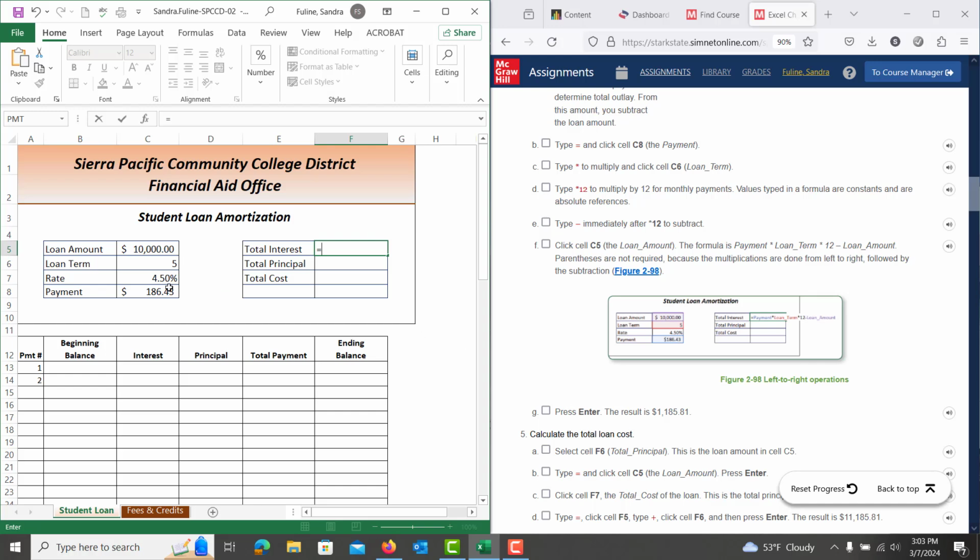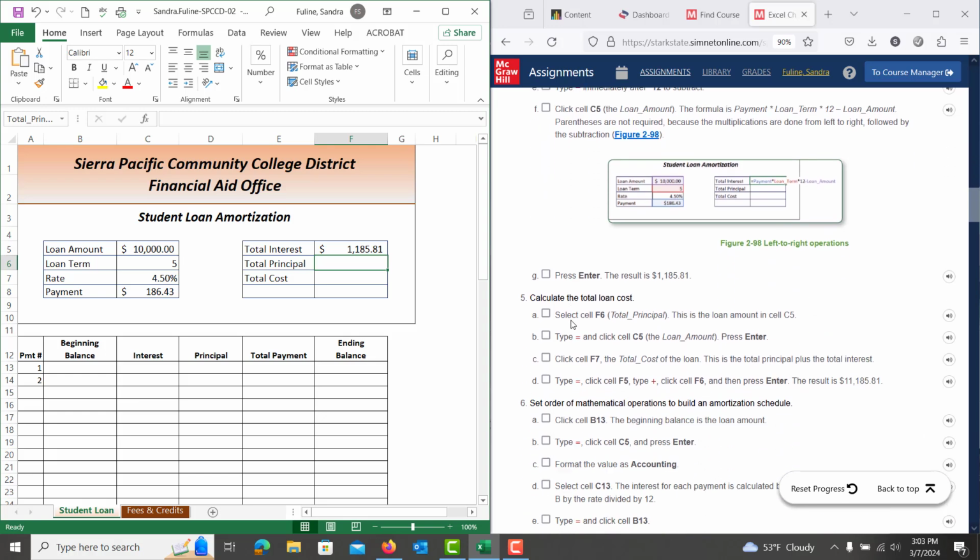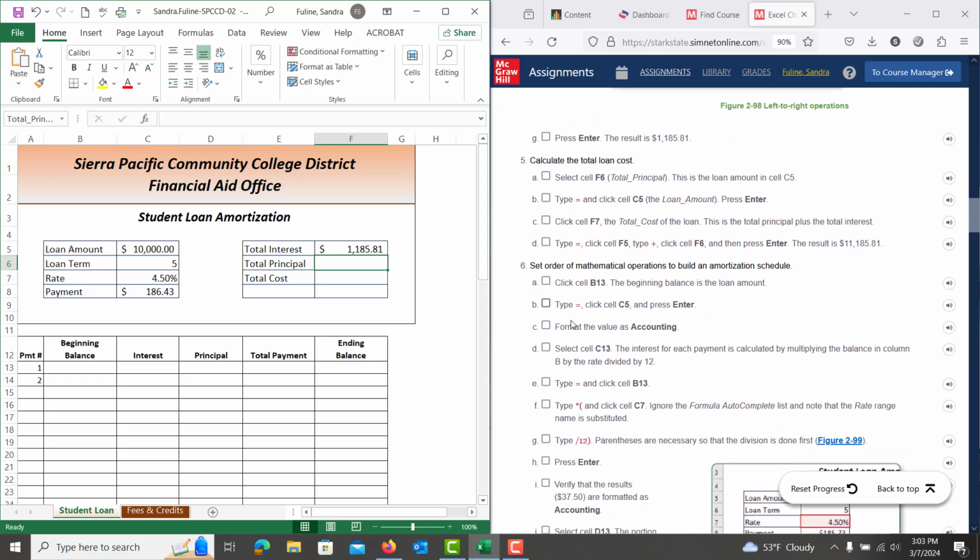We're going to click on Payment, so we're clicking on C8, multiplied by loan term, which is cell C6, multiplied by 12 minus, and then we're going to go loan amount, so C5. We're going to go ahead and hit enter. You'll have the total interest there. That lines up with 4G, and then we're going to go down to number 5, and we're going to calculate